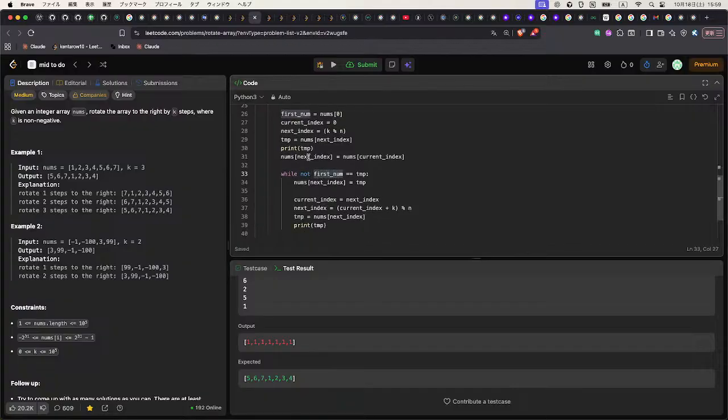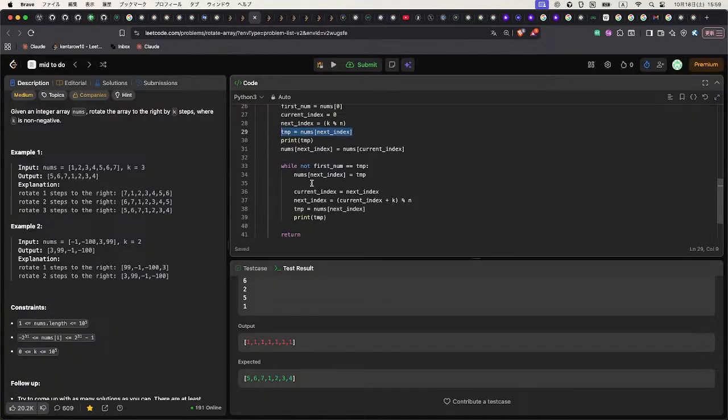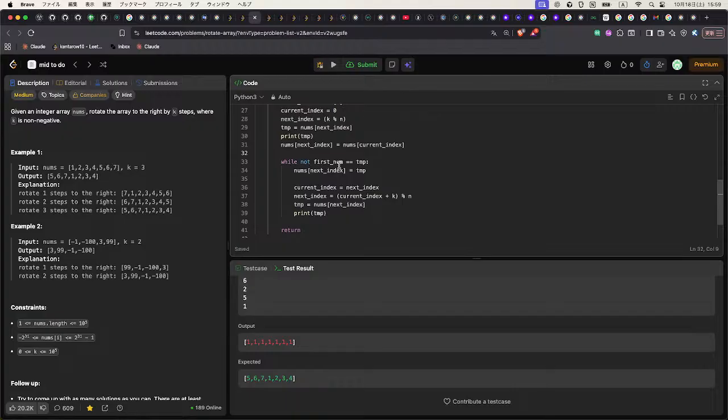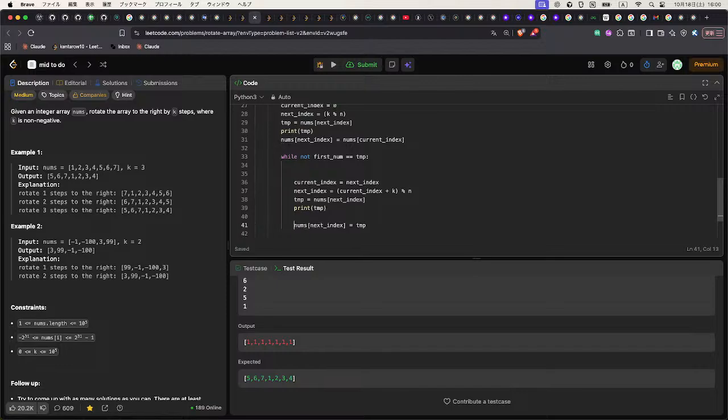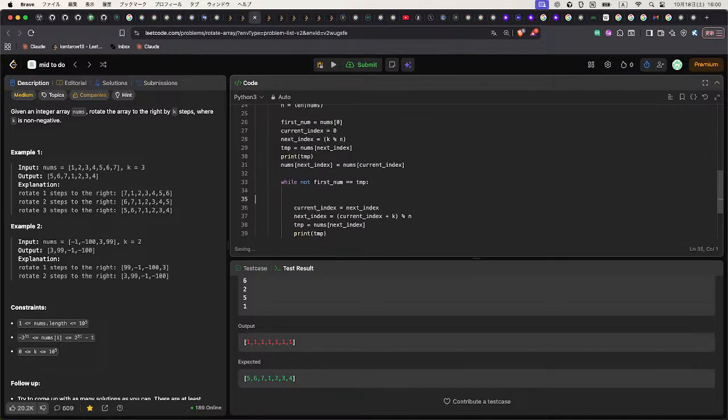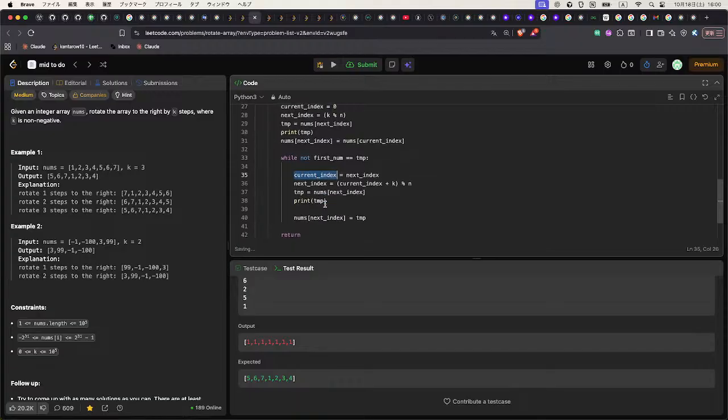Okay, and we have the temporal value. And current index. Yeah, current index. From the current index, we can find the next index, and